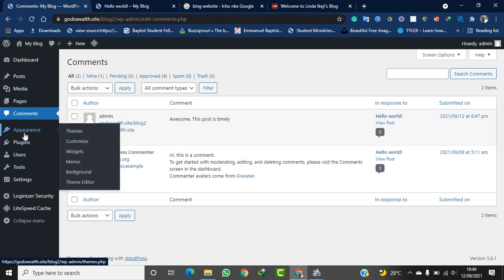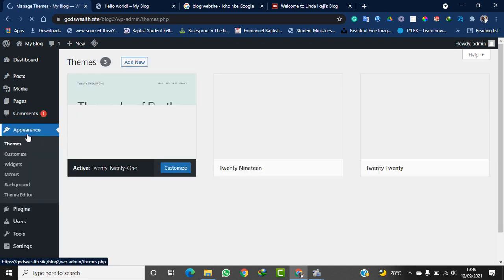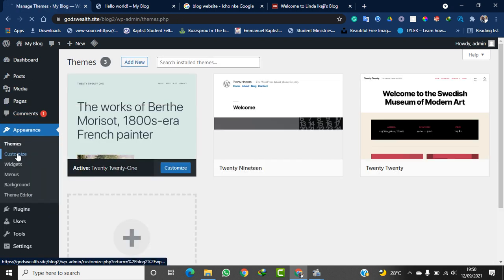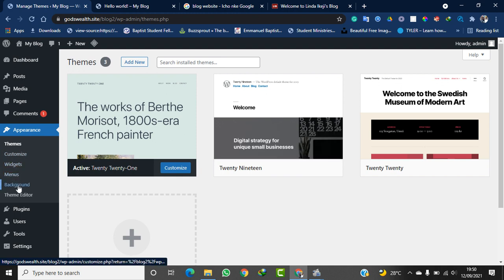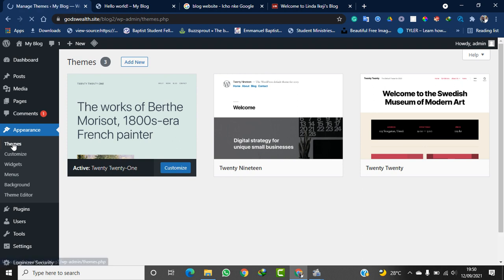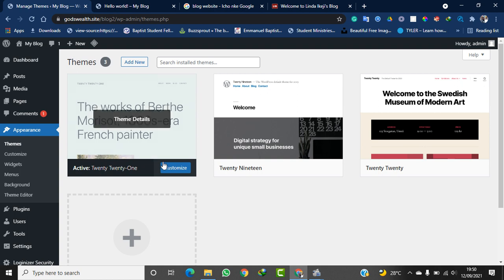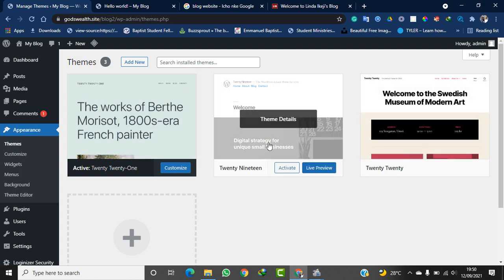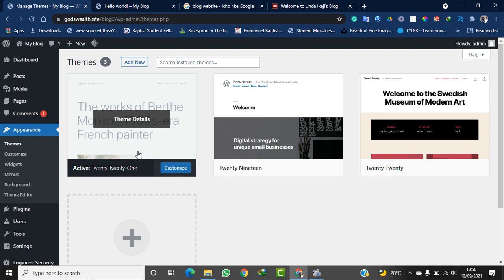So we have the appearance, and under the appearance we have a lot of things. As you can see over here, we have the theme, the customize, the widget, the menu, the background, and the editor. You get to understand what we do with all of this, but I already talked about the theme in the last video. So if you want to install a new theme on this website to give it a very beautiful look, by default this website has three different themes, and the one that is currently active on it is this